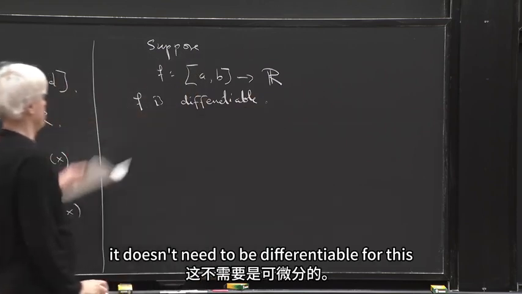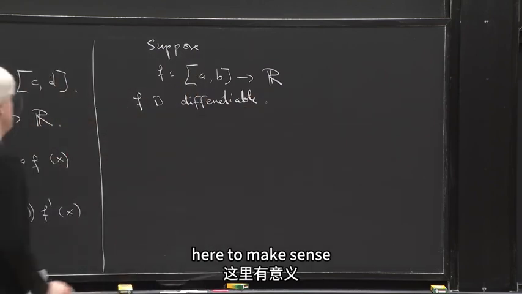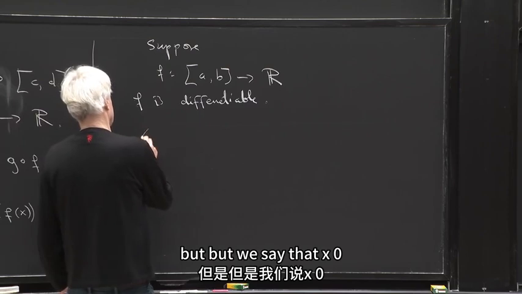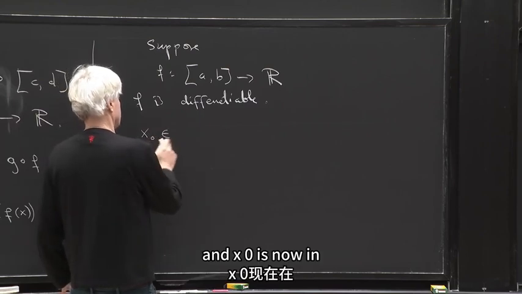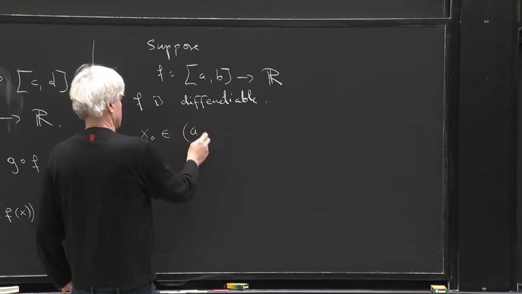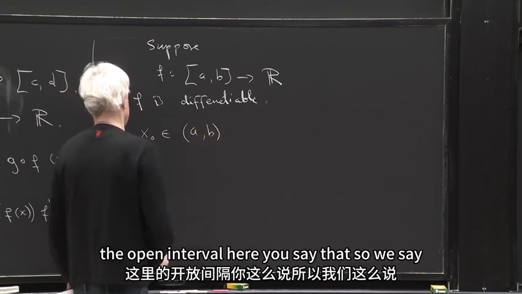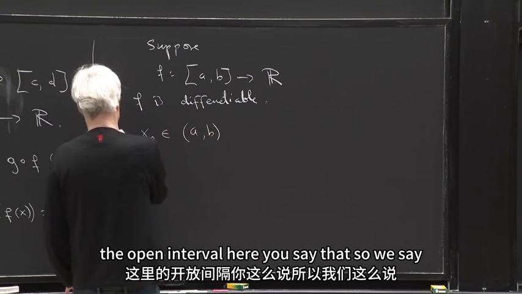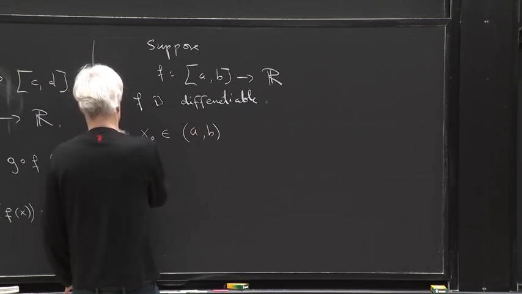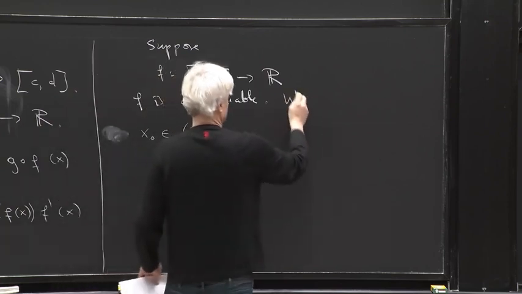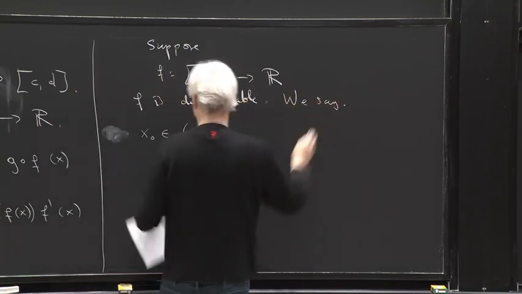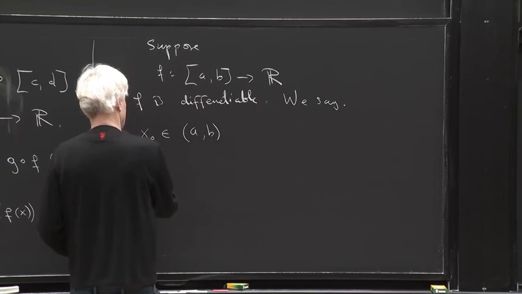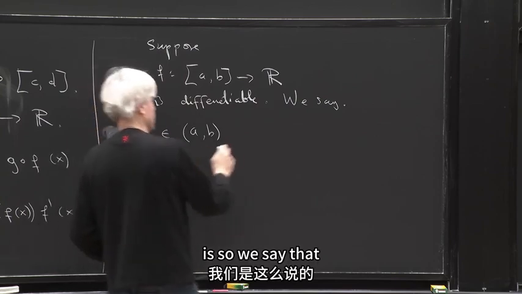It doesn't need to be differentiable for this to make sense, but we say that x0 is now in the open interval here. We say that x0 is, so we say that